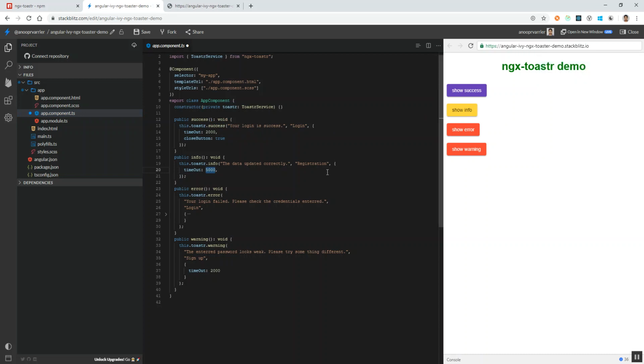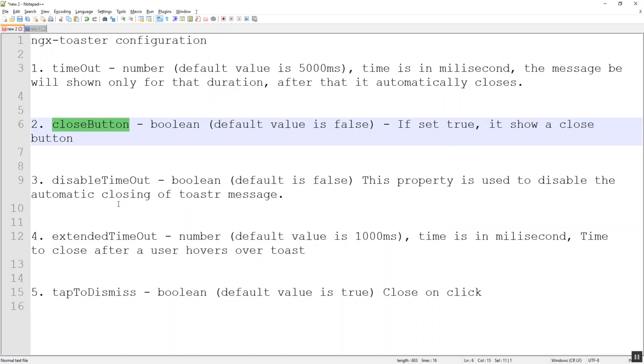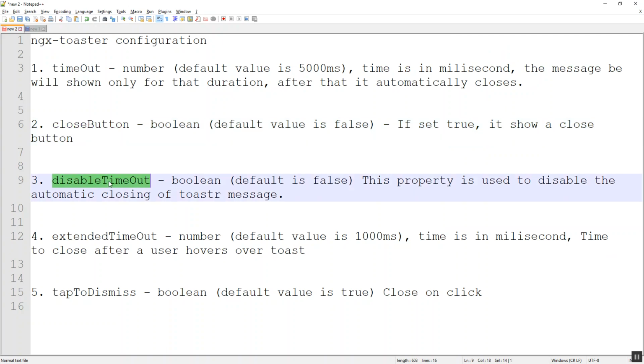Okay. Now the third property which we are going to discuss is the disable timeout. This property determines whether we need to disable the automatic closing of the toaster message or not. By default, it is false. That means once the pop-up is shown, it will close automatically after a certain duration of time.